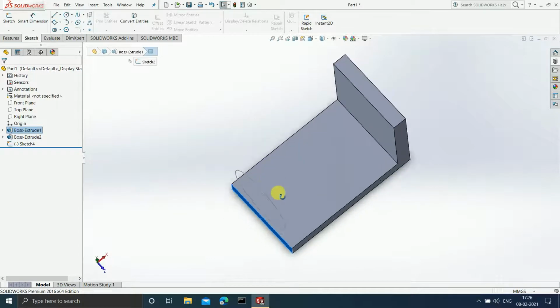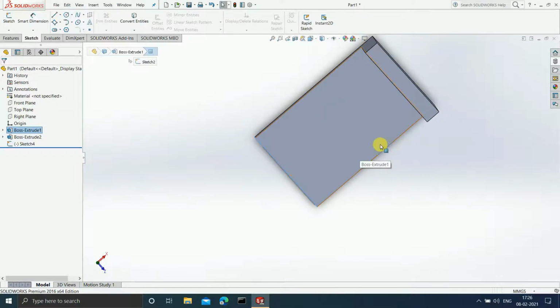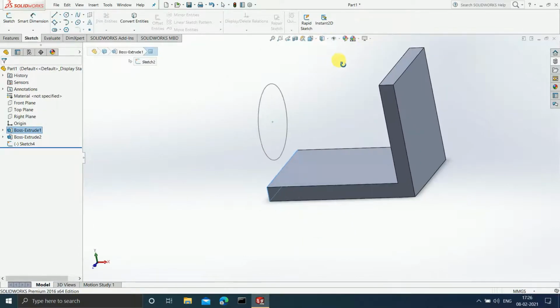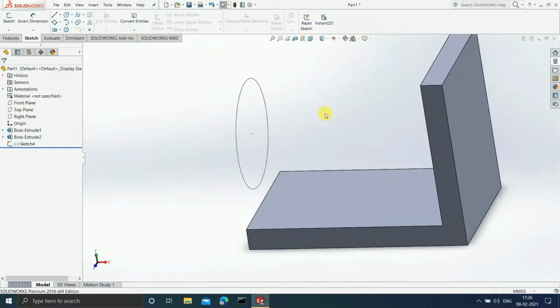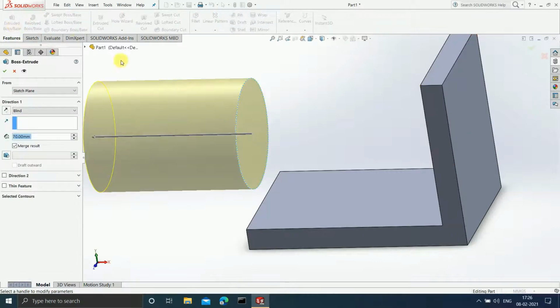And if you see guys, this sketch is exactly lying on this particular plane. Okay, see, done. Now if I want to select this complete sketch, I will click on this sketch 4, and now I'm going to select extruded boss base.